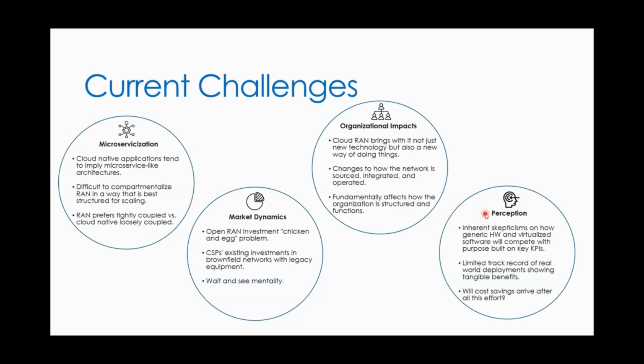And then there's the perception of, I'm coming from something that was developed, integrated and dedicated specifically for this kind of RAN purpose and optimized for that. So how can I, taking hardware that isn't as dedicated to RAN and adding these different layers to it, meet the performance that I get with that traditional model?